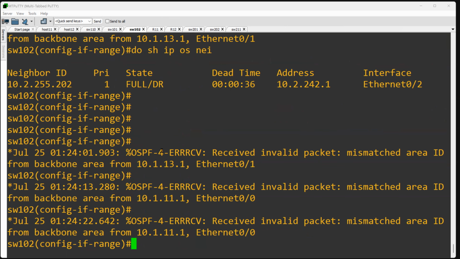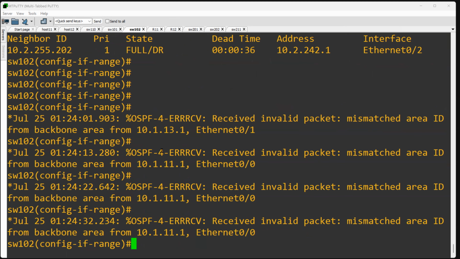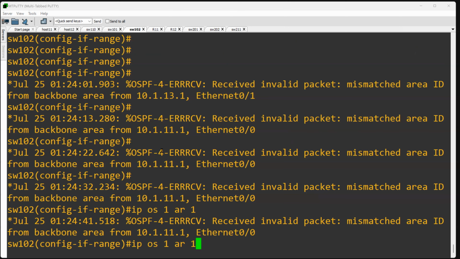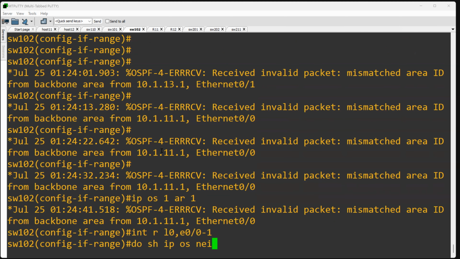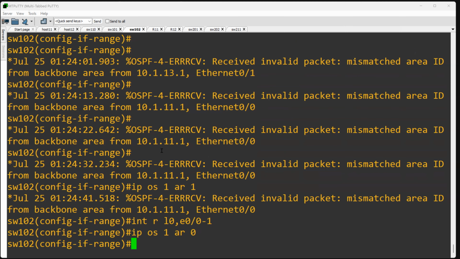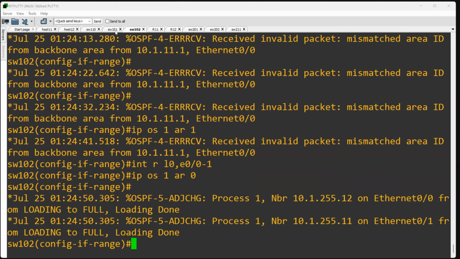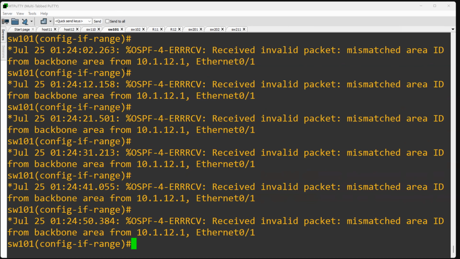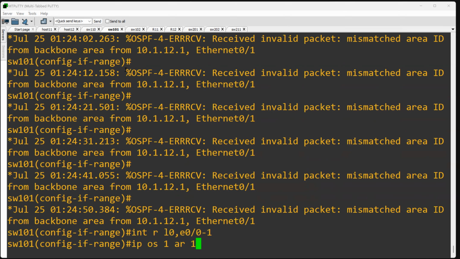So now you can see that we have some error, and because of this configuration we have the error. So let me recover this error. I can go here and make this area 0. I can go here and make this area